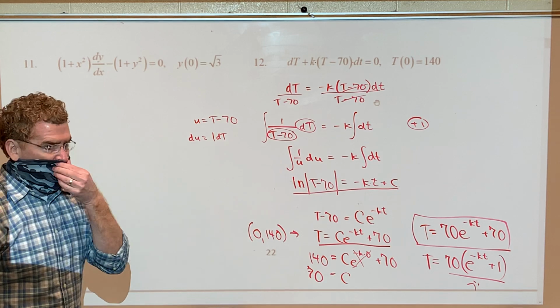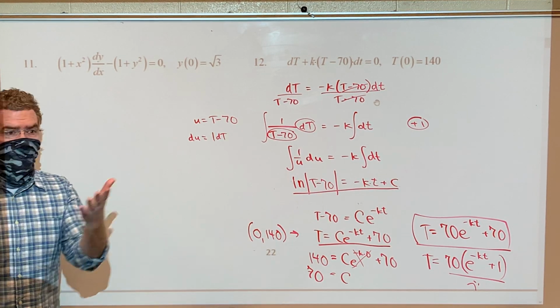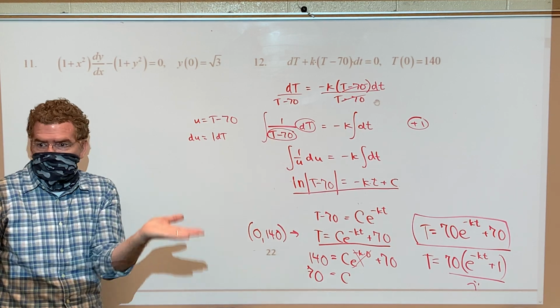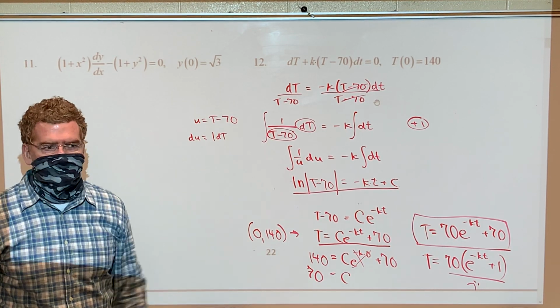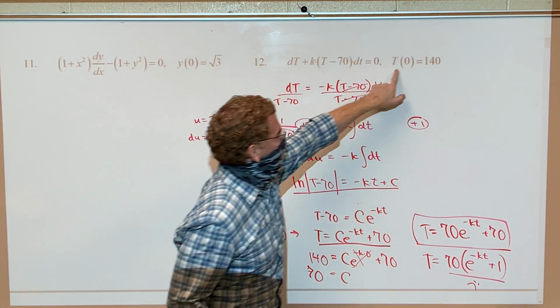And I can't find that K value unless I have another point, right? But that would be my growth constant. That's going to change the way the curve looks. But I don't know what that is. I would have to have something else given to me, some other point given to me to be able to